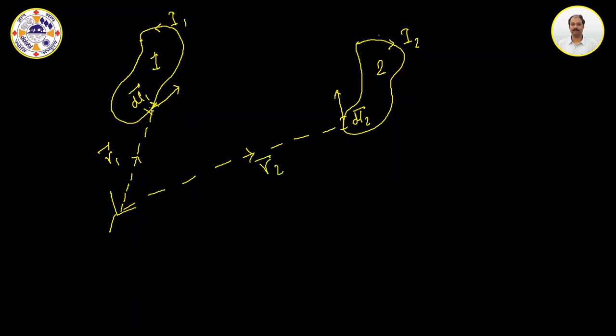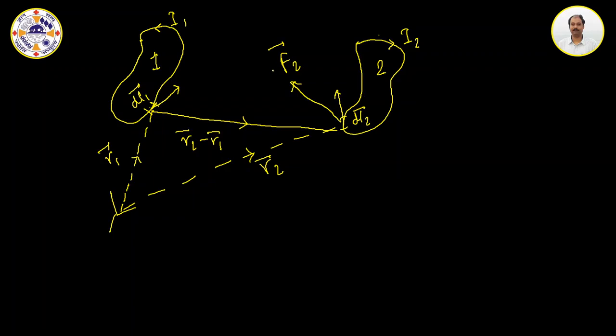So the distance between these two is r2 minus r1. Now the force experienced by this current element dl2 due to the current flowing through the first loop